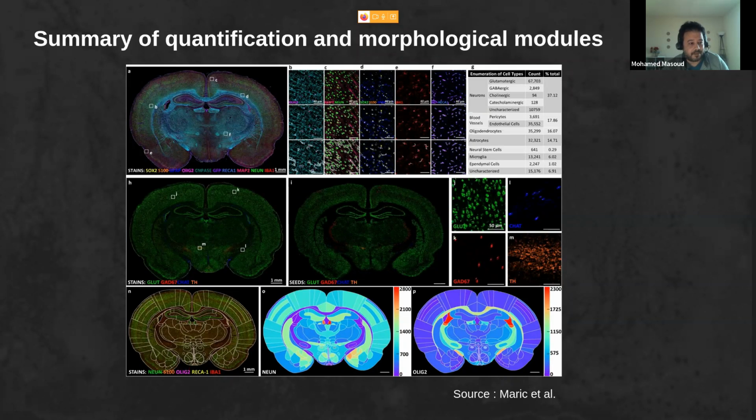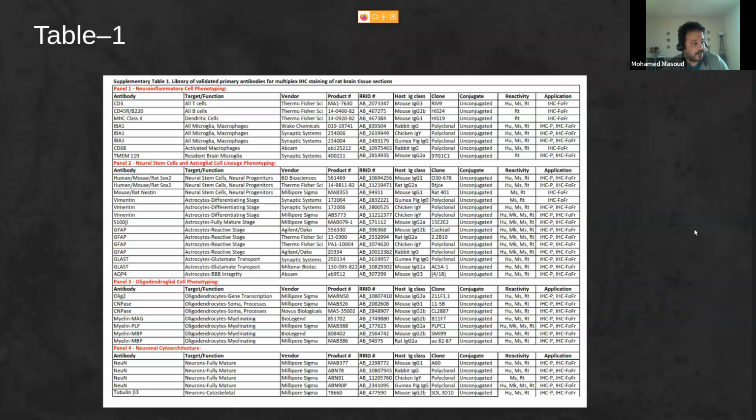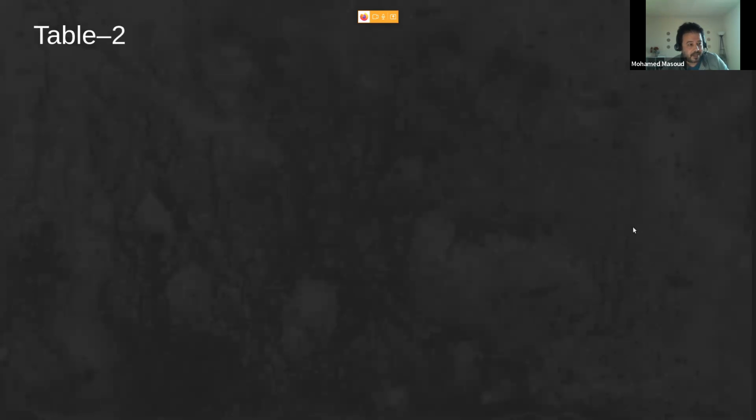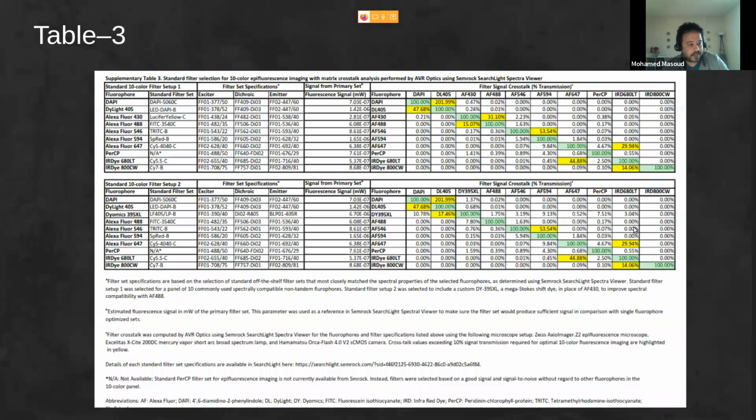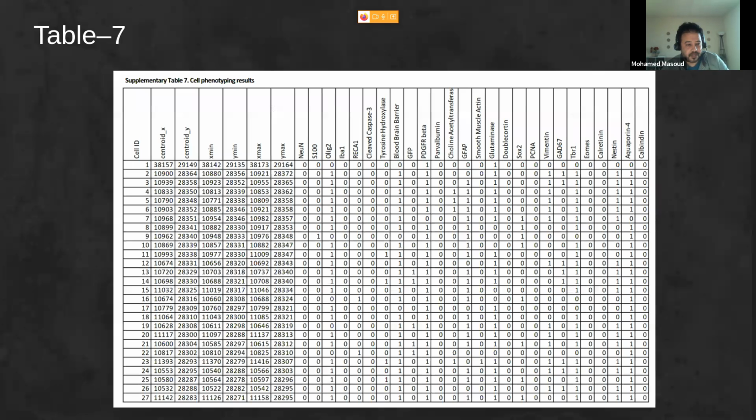They also gave a table showing the different markers they used and their association with different cell types. And we can go particularly to table number 7, which shows how they report the final results according to their protocol.